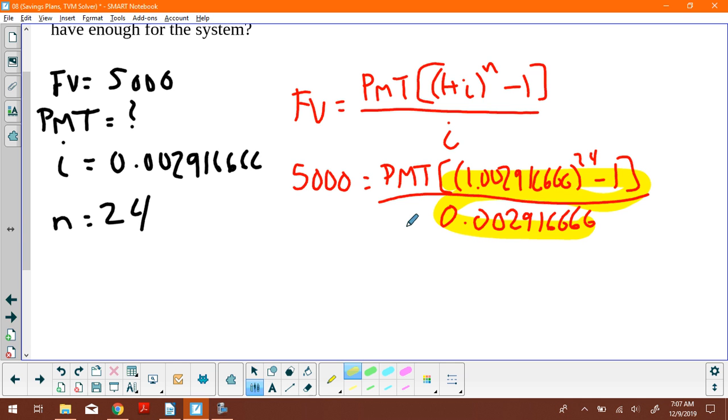Okay, and just write down what the answer is. So I'm going to run that through my calculator in one step and see what we get. So